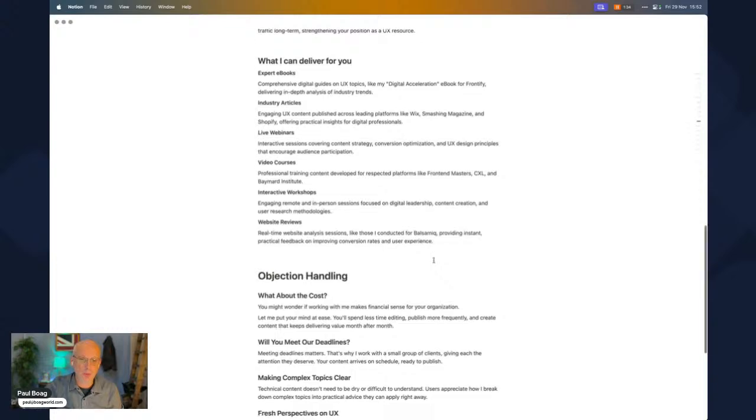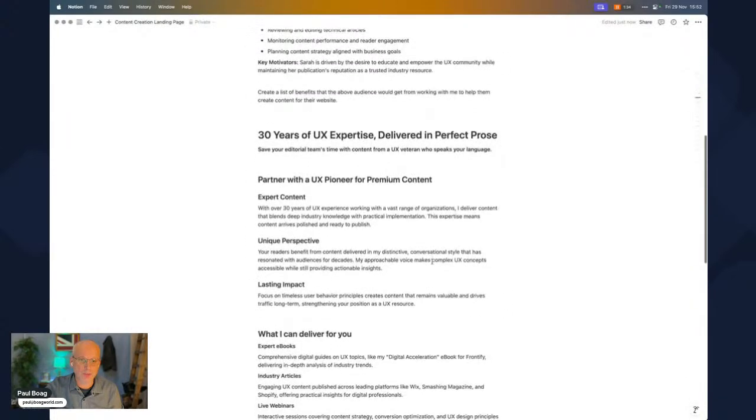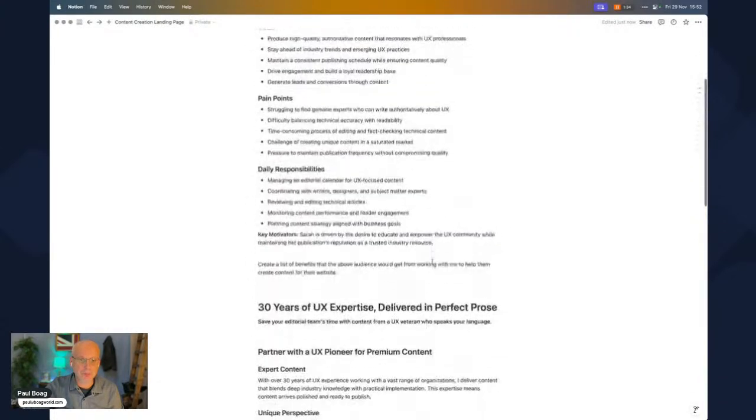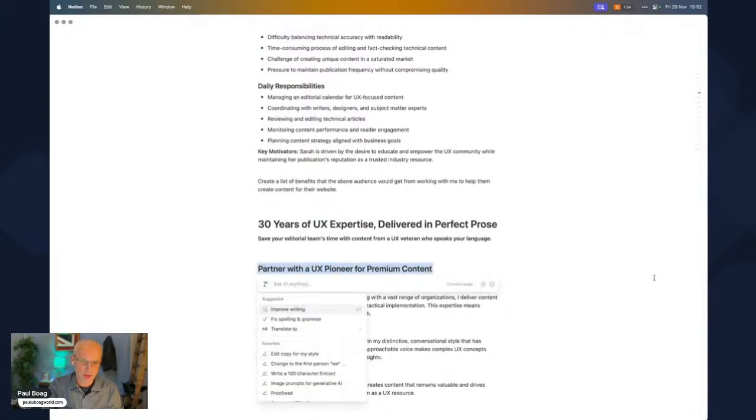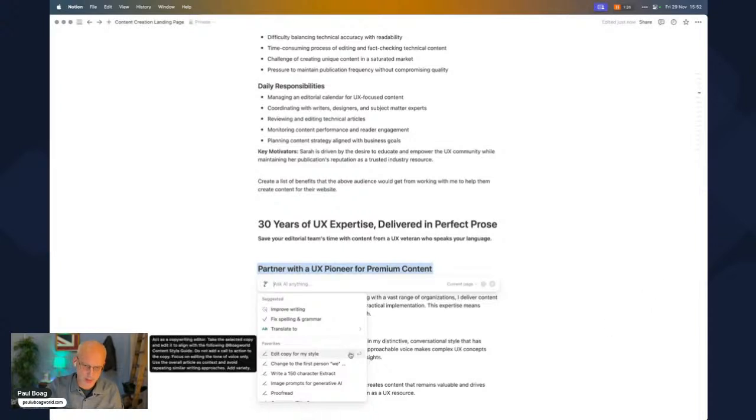So whenever I want to use that, let's say, for example, I find this a bit arty. I can use this prompt that I've written earlier that basically says, act as a copy editor, take the selected copy and edit it to align with the following. And then I reference that other page using the @ symbol.